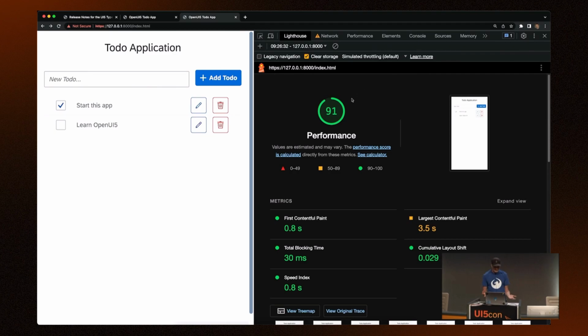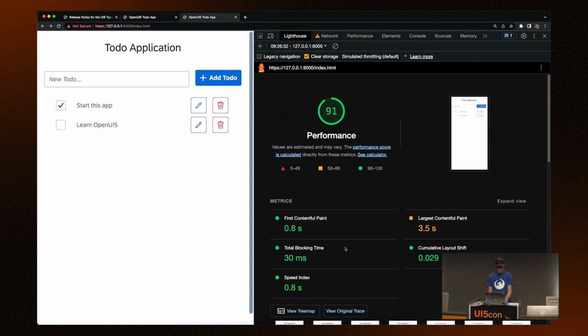As we can see, it's getting much better. We can interact with DOM really early, and we get to 3.5 seconds. Still yellow, but I think we can get to a green score here as well in the future. So everything improved a lot. That's more or less it for my demo part.